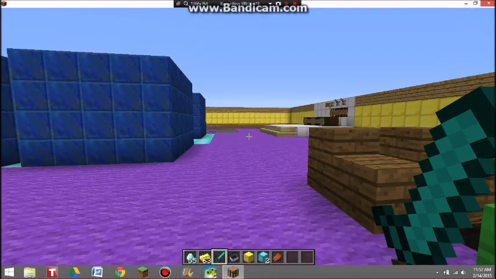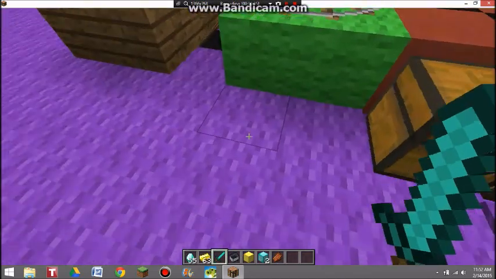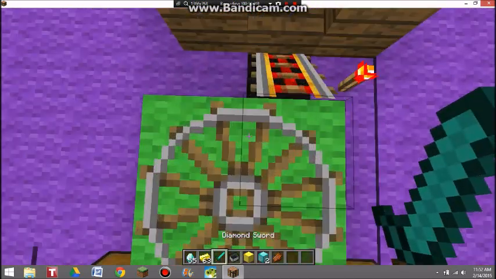Alright guys, I'm back with some more casino action. Now I'm going to explain to you how everything works. So first off, the roulette table. If you haven't seen the last episode, check it out. It's where I showed off all the games. I'm not going to show off the games today, but how this works is